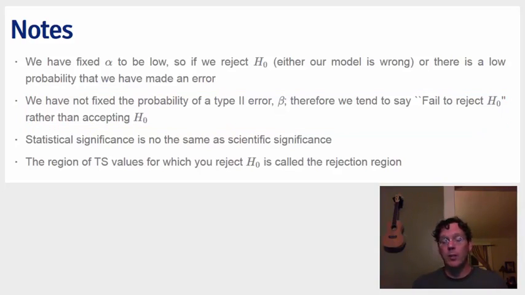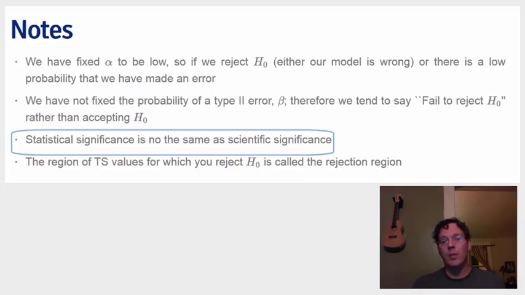So at any rate, we'll discuss a lot more of these issues when we talk about the subject of power, which is 1 minus the type 2 error rate. There are ways in which we can control the type 2 error rate in the way in which we design the study itself. The other point I'd like to make is that statistical significance is not the same thing as